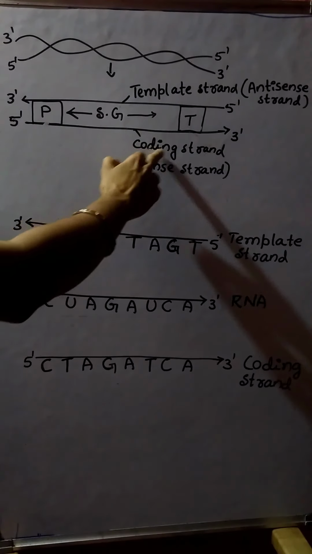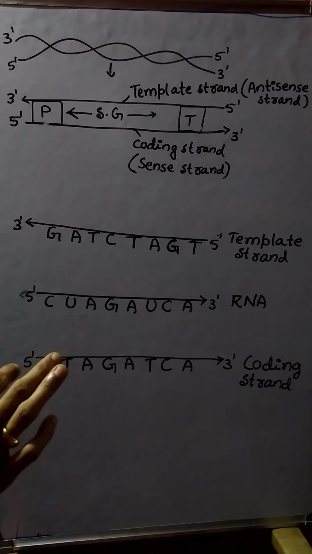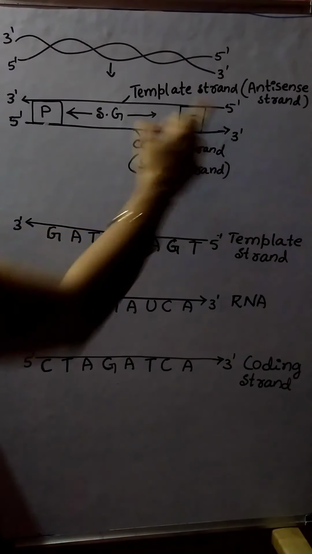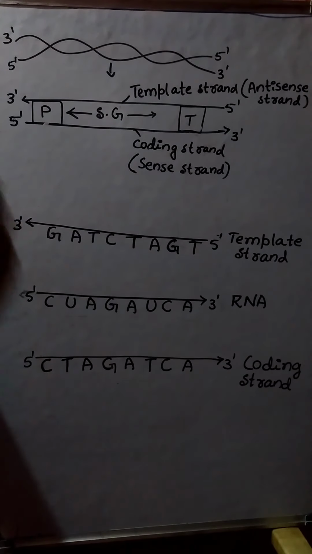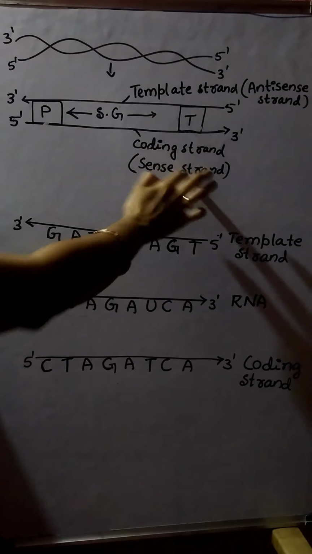But this coding strand does not code for anything. The polynucleotide strand of the DNA having polarity of 5' to 3' which does not code for anything is called the coding strand or sense strand,